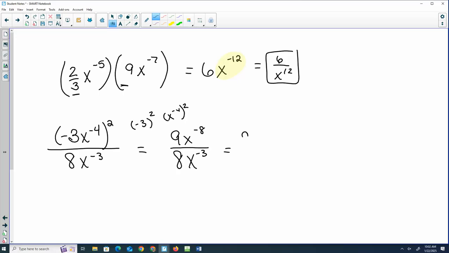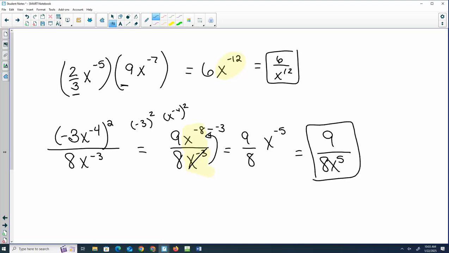Let's keep the 9 over 8. That doesn't reduce. With my x's, if we are dividing, what do we do with our exponents? Subtract. So what I want you to think about, if I'm going to bring this up to the top, that means you have to do -8 minus -3 because it was a -3 on the bottom. So what is -8 minus -3? -5. So where does that -5 really have to go? So it's 9 over 8x to the 5th. Okay, so we might have variables on the